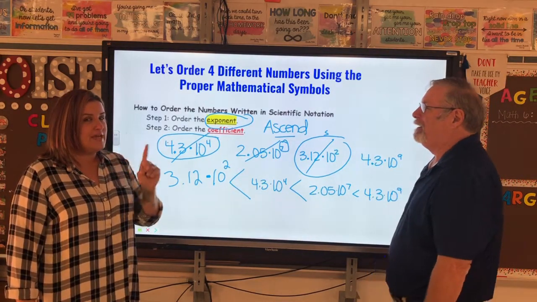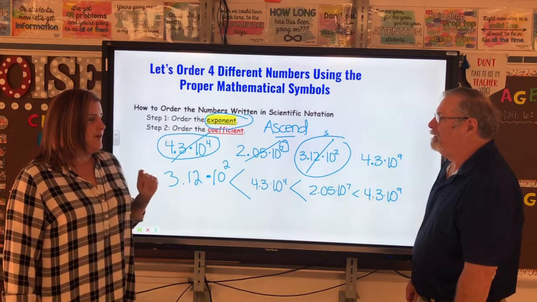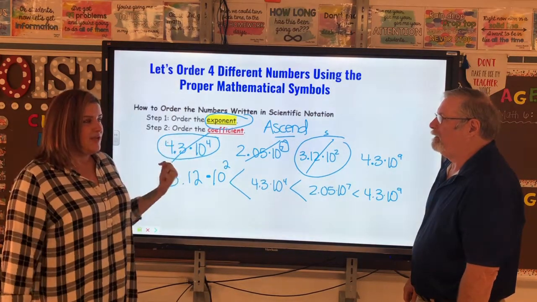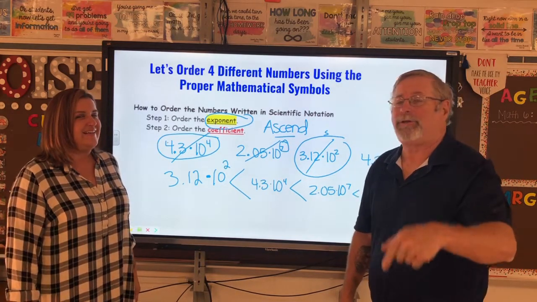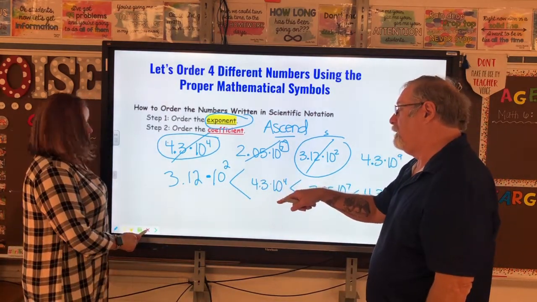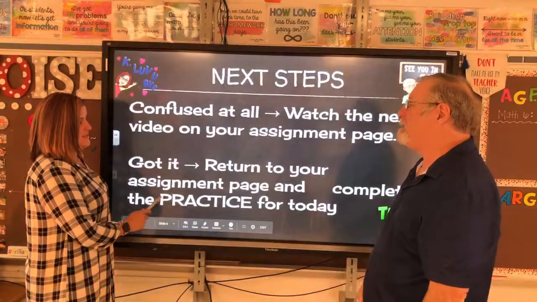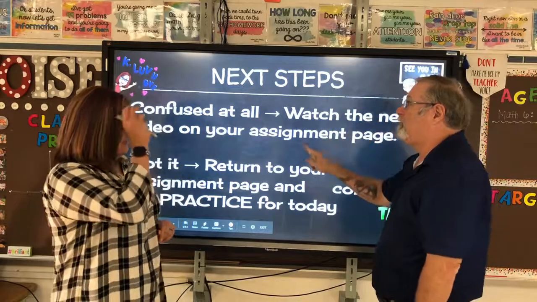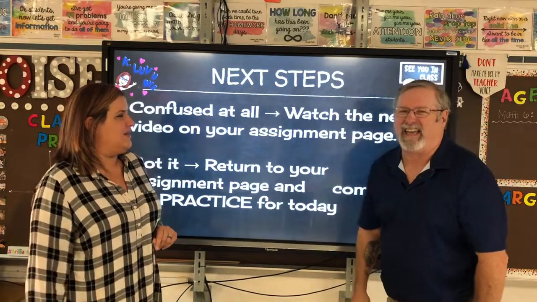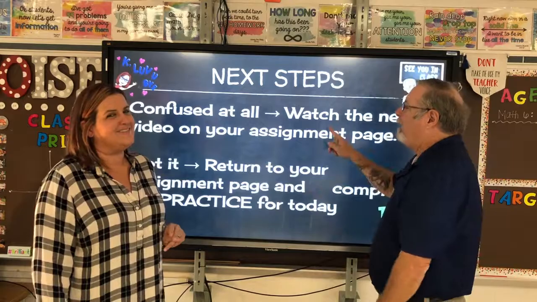So remember, check out those exponents, put the exponents in order, and if they are the same, then you look at the coefficient. But I think you got it. And if you don't, that's okay, because we always have another one you can look at. So if you're confused, go ahead and look at that other one. I think you got it because you're really smart. But if you don't,